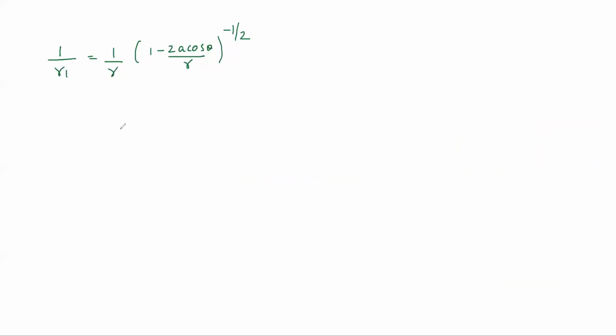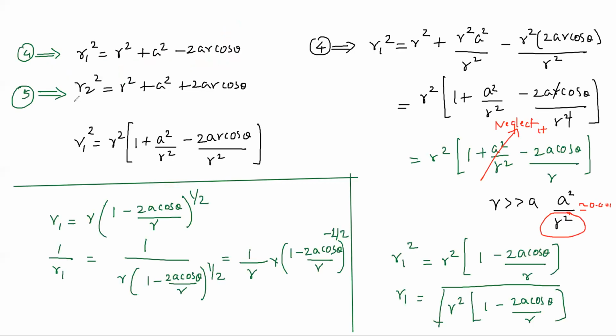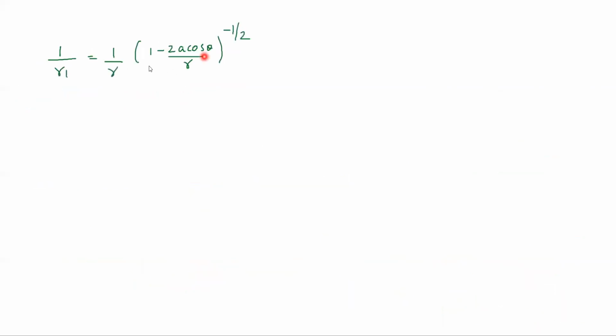Similarly, when you do the same expansion for the other quantity r2 square, you get the same expression, but with a positive sign, as you have a plus here. So I request you to do that on your own. In the NCERT textbook, this is equation number 2.12. I request you to do this derivation right after the class, arrive at a similar formula for 1 by r2, and send it to me.